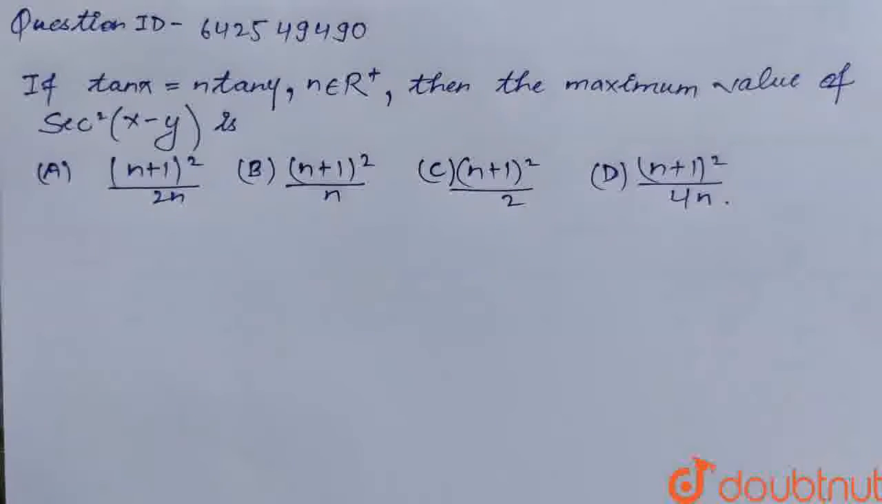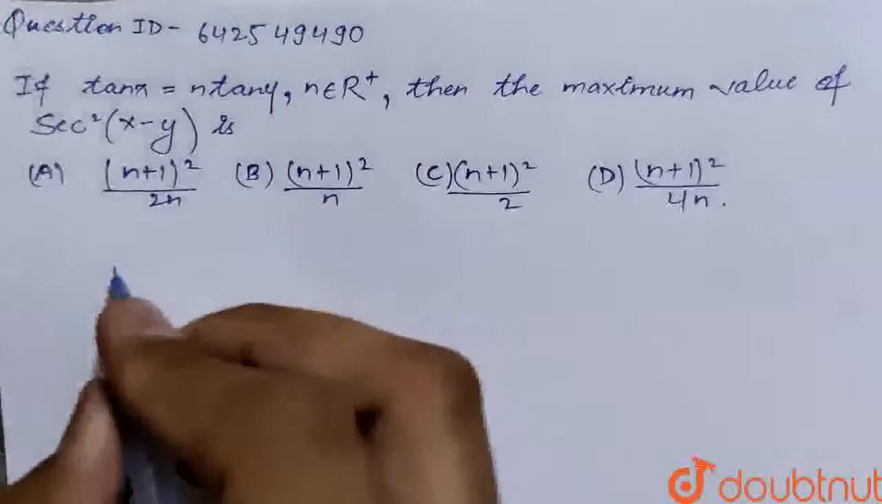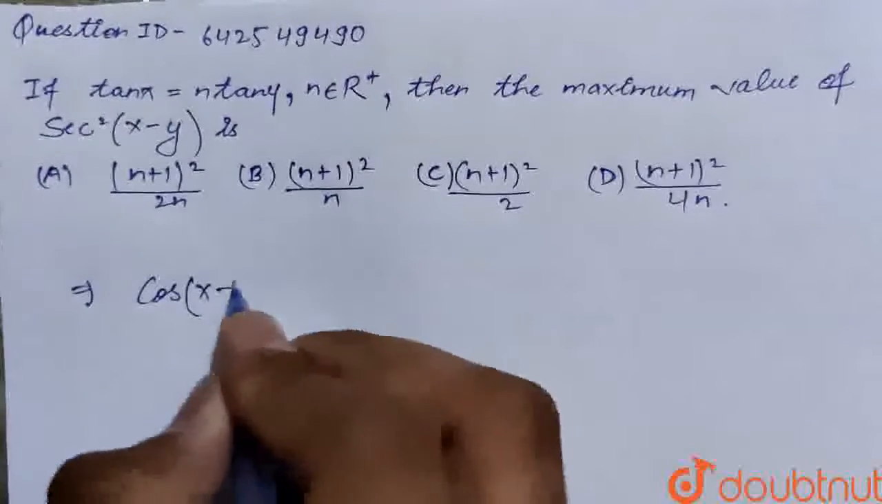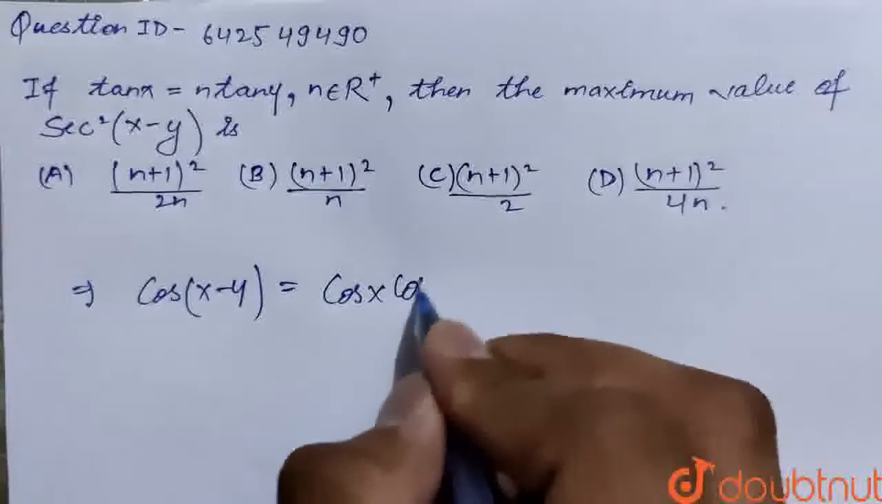Hello students, we have given a question. If nx equals n tan y, where n belongs to real positive numbers, then the maximum value of secant square x minus y is. So we all know that cos(x minus y) is equal to cos x cos y